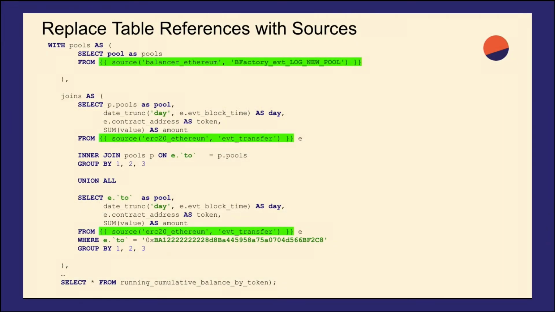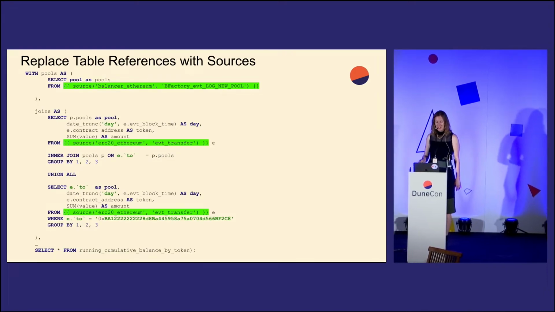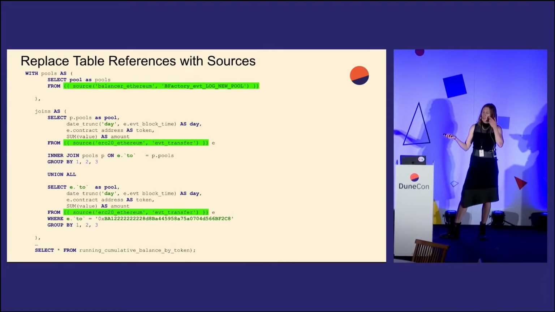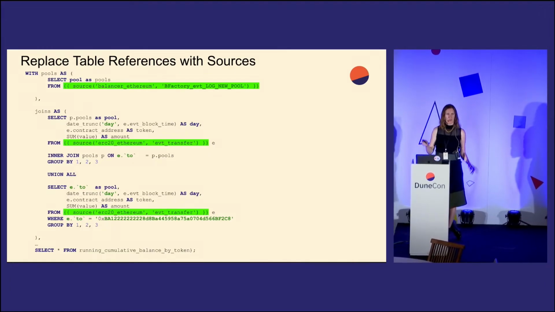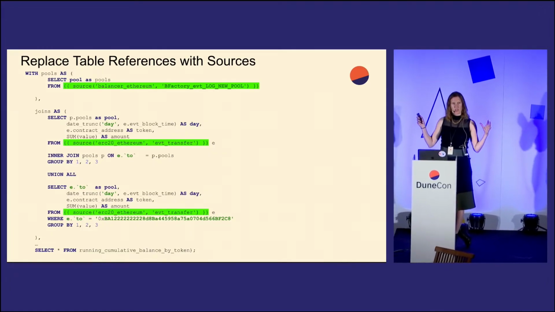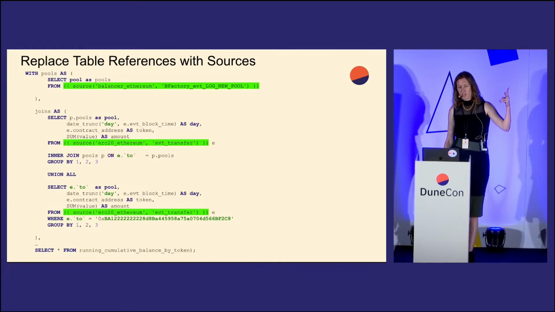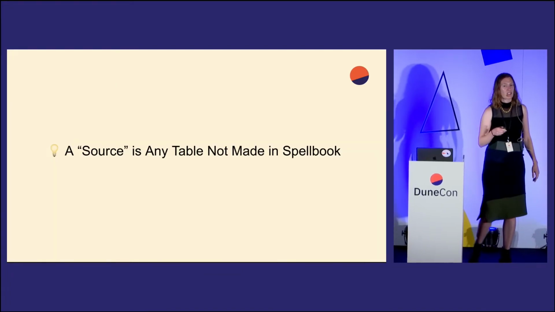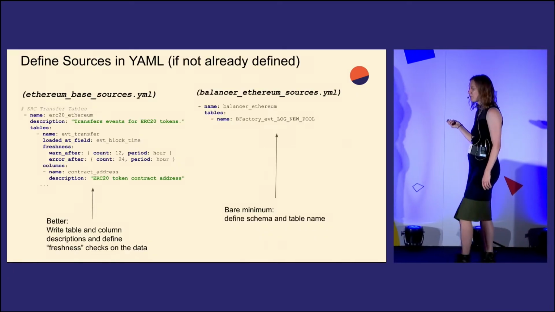Okay, cool. Now we're going to do the actual DBT component of this. If you don't have your query running at this point, that's all right. We can just talk through this. So this is the first time we're introducing Jinja into our spell. All of our tables we're going to replace with sources. So you've got your curly bracket to denote a Jinja block, and then a source with the schema and table name. So we're just replacing all of our tables with this. A source is just any table that is not made in Spellbook. So you're not referring to anything else we created in this repo.